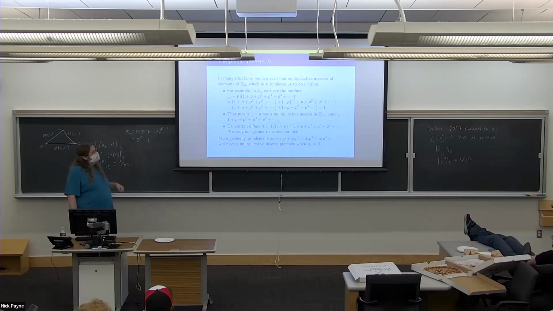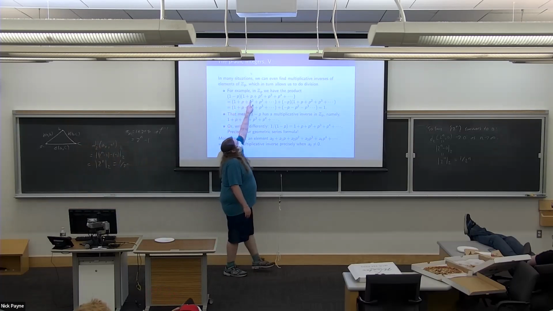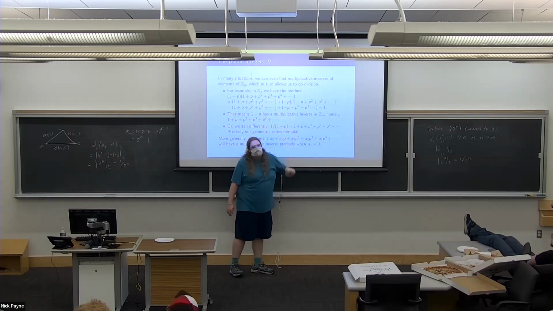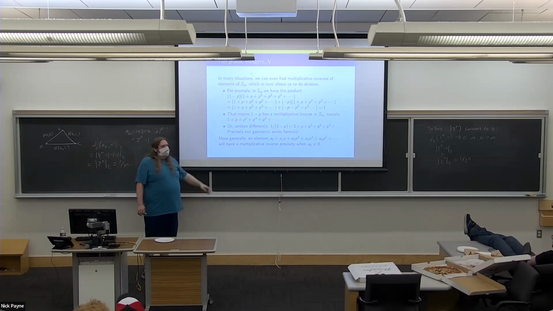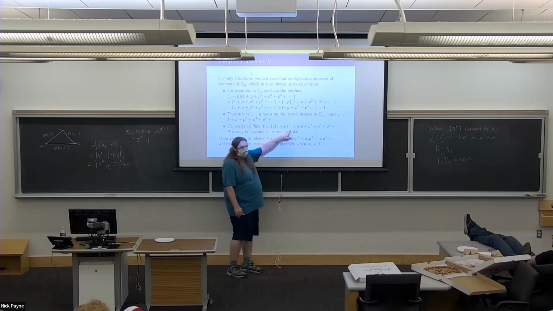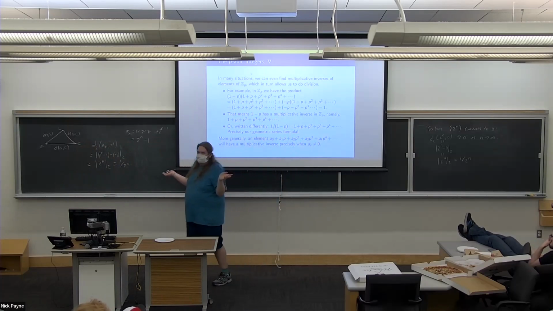And then you can even do multiplicative inverses sometimes. So I have this calculation here to show you that if you take 1 minus P and multiply it by 1 plus P plus P squared plus P cubed plus P to the fourth and so on, that comes out to 1, because you just get a whole bunch of cancellation. But what that says is 1 over 1 minus P in the land of the P-adic integers is exactly the same as 1 plus P plus P squared plus P cubed plus P to the fourth. That's our geometric series formula.